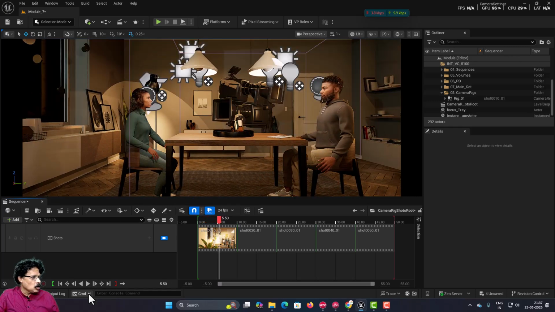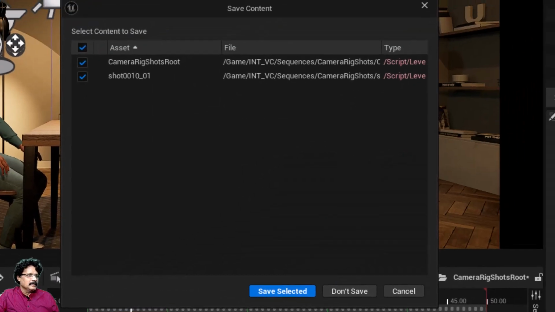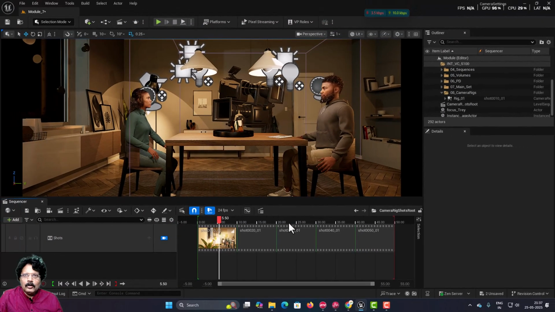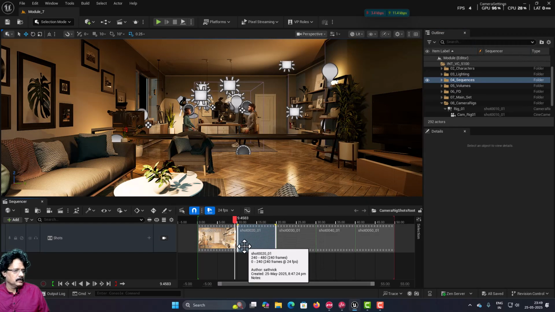So then I will stop this, come here and click on the save button, and it is asking to save both the sequences. Click save selected. Very good, we have added one rig and we have animated the camera. Now let us move into our second shot, that is the shot